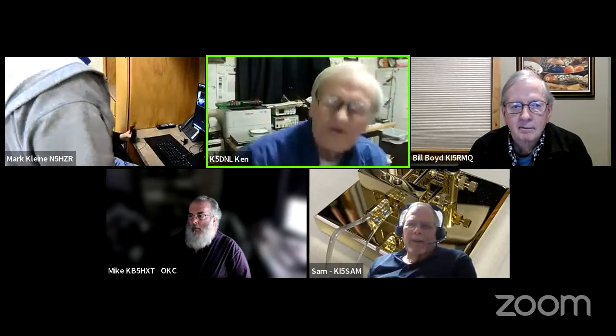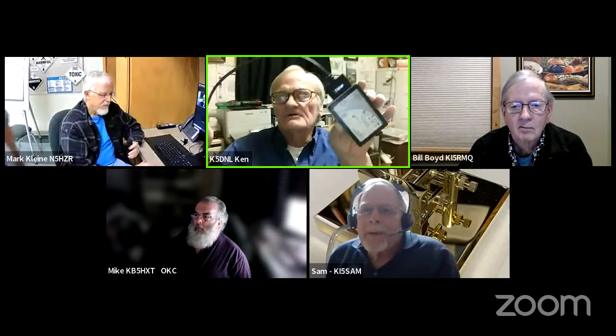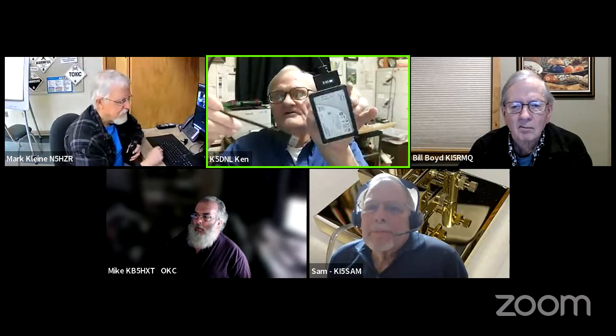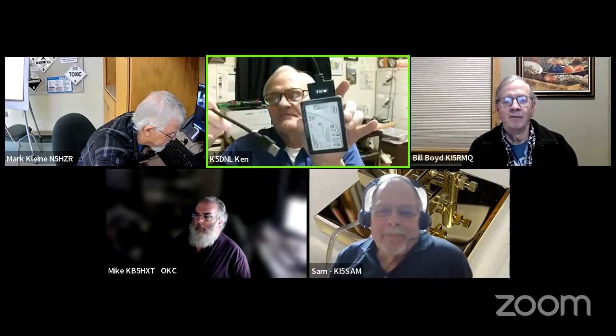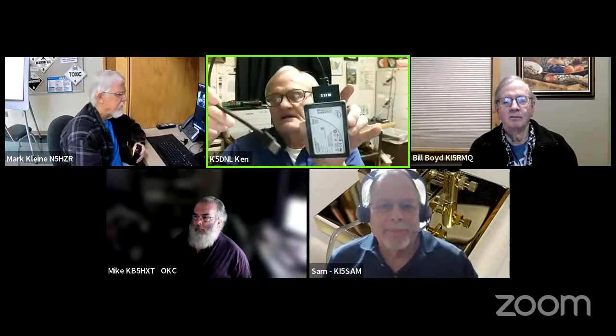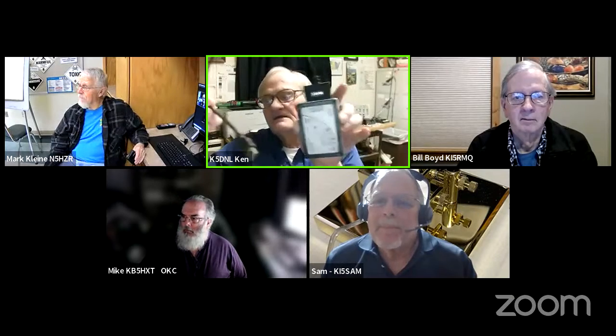Well, let me show you. This is an external solid state hard drive. You can put an operating system on that and boot up from this to test out an operating system. Or you could use this just for storage and get rid of some of the stuff that's on your computer. So you wouldn't have to buy a terabyte drive. And then you have easy access to it. All you gotta do is plug this in and go.